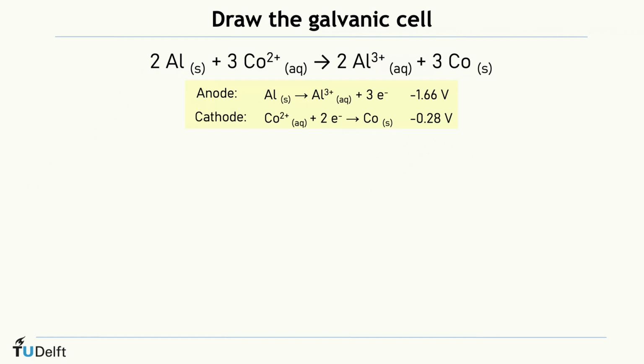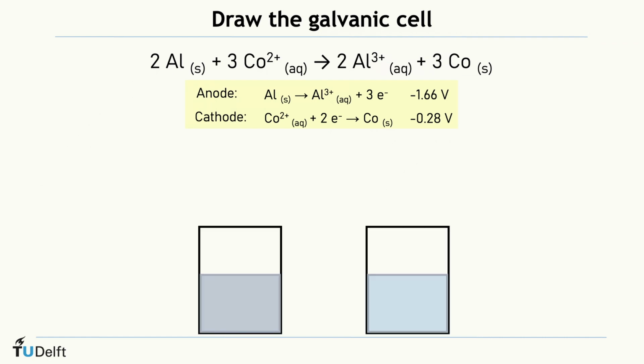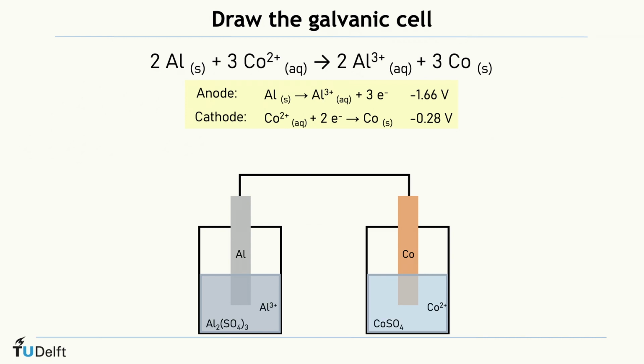To have a better look at what is happening in the galvanic cell, we will start with two beakers. Then we put in our electrodes of aluminium and cobalt and the wire. We will have an electrolytic solution of the metal ion and sulfate as the counter ion in each beaker. We already determined which side was the anode and which was the cathode, so let's show it here. From this, we also know the positive and the negative pole. Since the electrons move from the negative to the positive pole, we know the electron flow is clockwise.